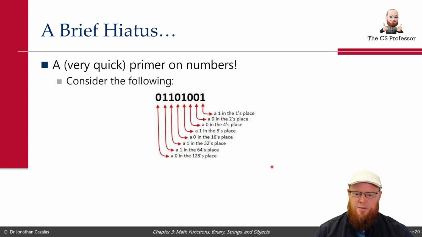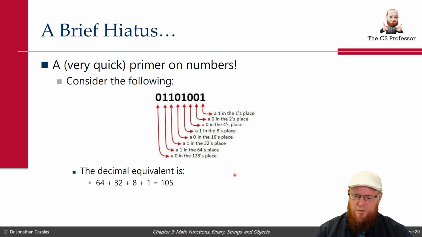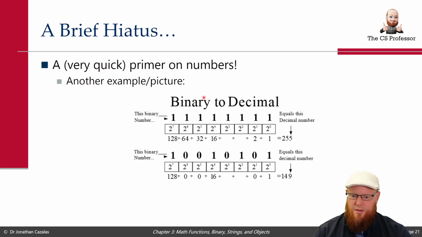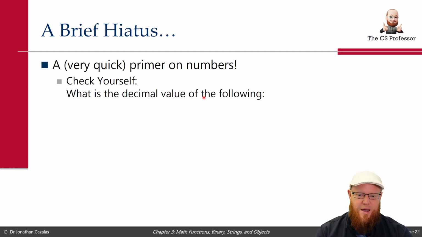So here's another example. How do we convert that one? It's just showing you the exact same things that we just went over. So that number is again 64. This is 64 plus 32 plus 8 plus 1, and that will give you 105 in decimal. And we have 2 more examples for your viewing pleasure if you just want to practice this later and calculate that. So here's some other ones that are short ones and worth practicing,